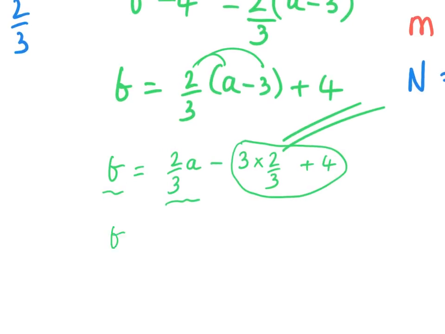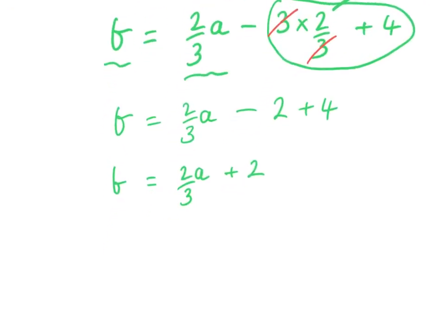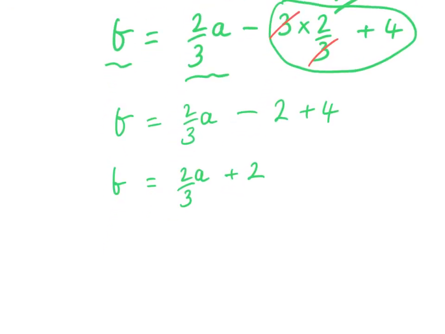So we'd have b equals 2/3 a minus, well, these 3/3 cancel to 1/1, that just leaves 2 left. Add 4, well, the answer is now easy to see. We've got 2/3 a minus 2 add 4 is plus 2. That would gain all the marks, but I think you could, if you wanted, just carry on a little more